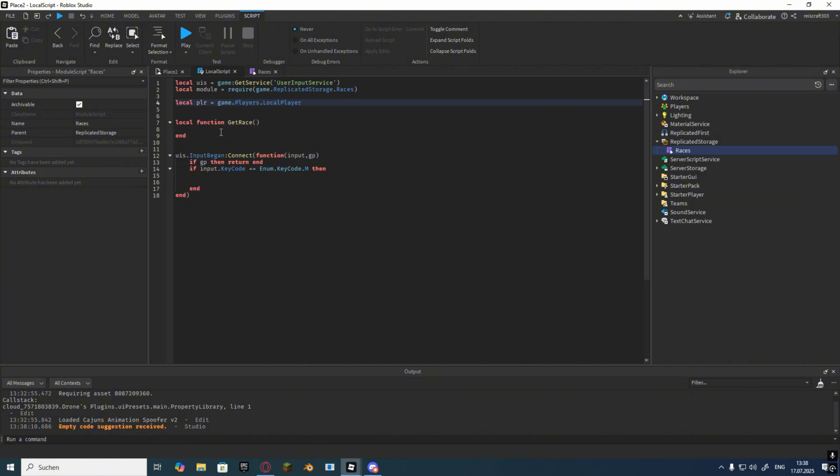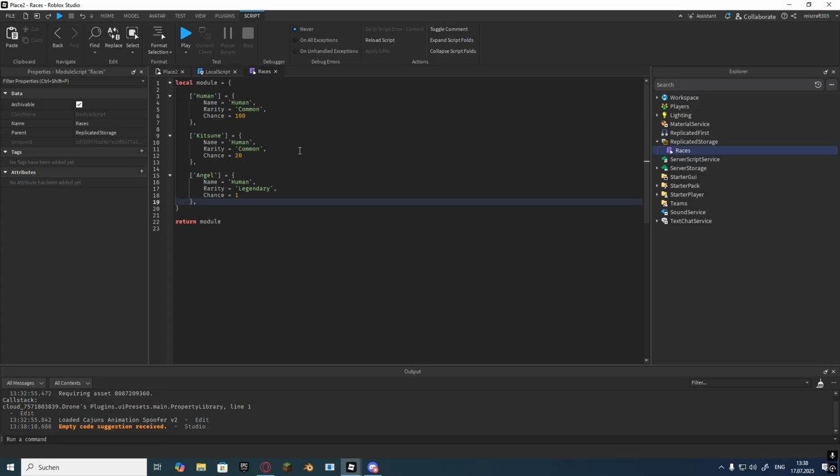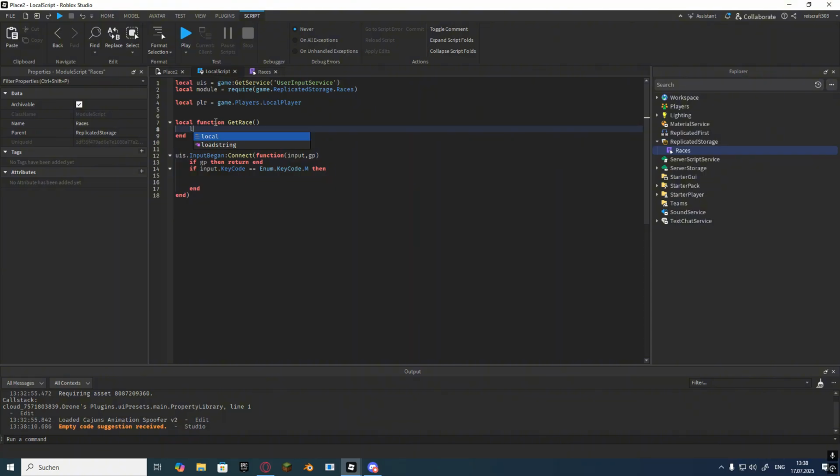So now we got the player, and for this we would have to write a little bit here, but trust me guys, you can definitely understand it if you know how to use loops. So to start things off, we would like to loop through the races model, and let's say local total chance